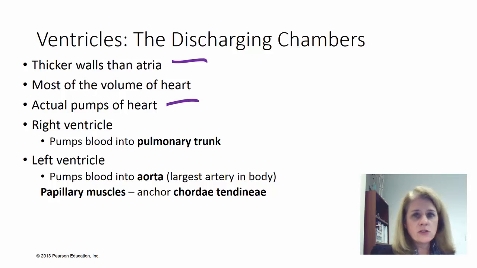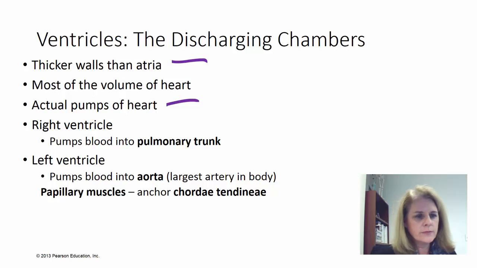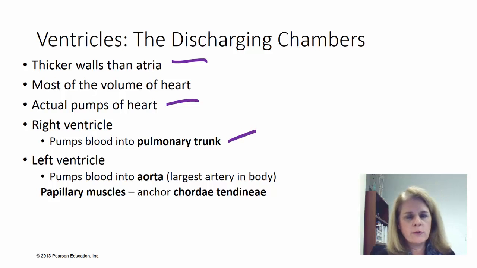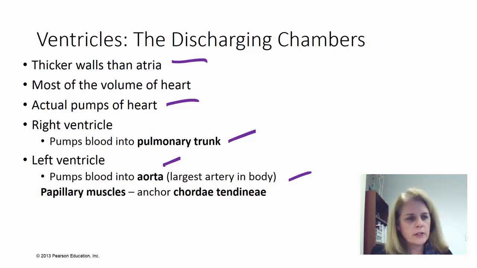It's really the actual pump that pumps blood to the lungs and into the body. The right ventricle has a thinner wall than the left ventricle because it doesn't have to pump blood very far. It just pumps it to the lung. So the right ventricle pumps blood to the pulmonary trunk and then to the lungs. The left ventricle is going to pump it to the aorta, which is the largest artery in the body,